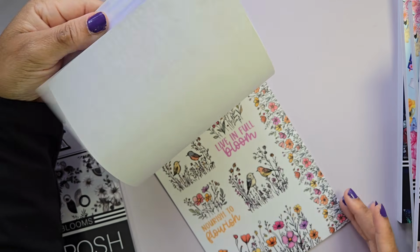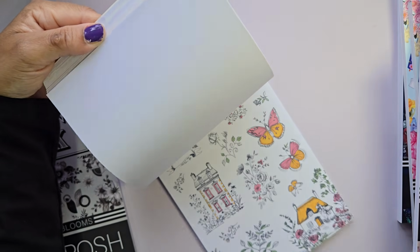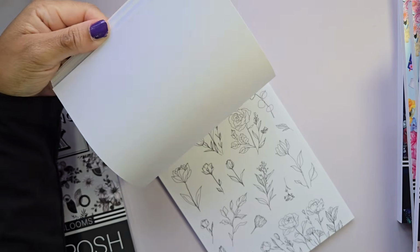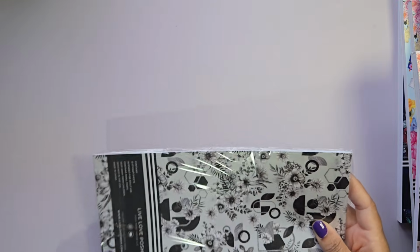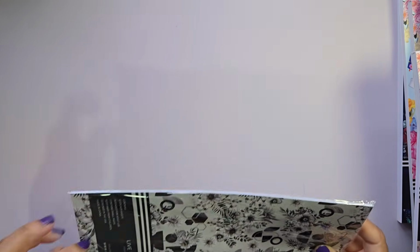I really, really just loved these. The lined florals. This book is very, very pink. And so I didn't get this for my mom because my mom does not like pink. So I just got her the reading book. And then Moonlit Blooms. I don't think this was on sale either because it's a kind of new release. But I got this for my mama